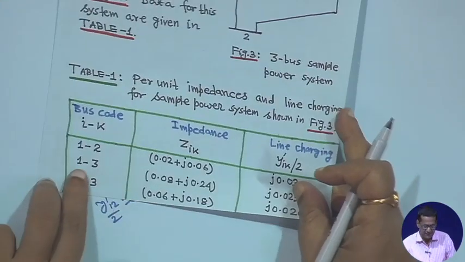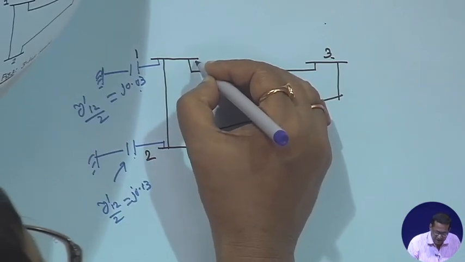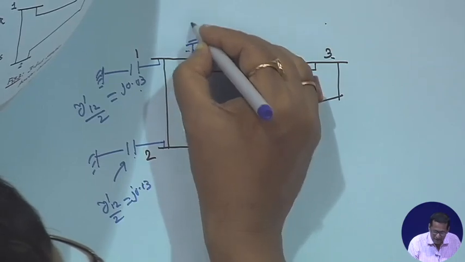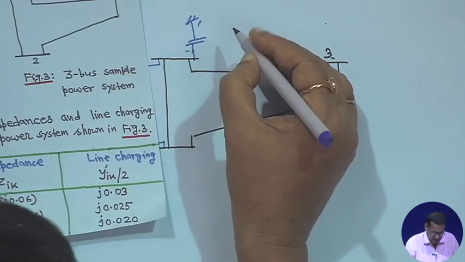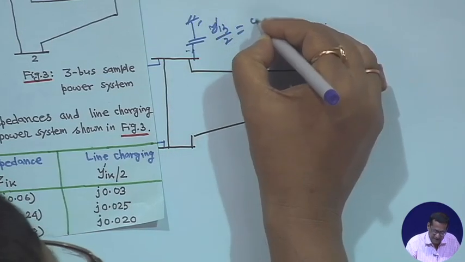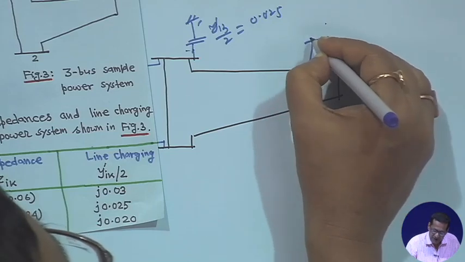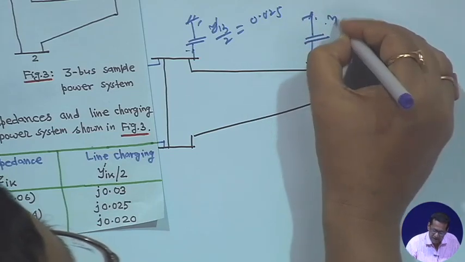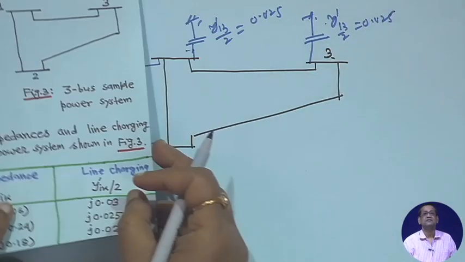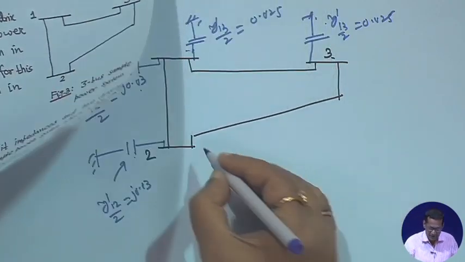Similarly, y13 is also given, j0.025. That means this side we are actually making it here, so this is y dash 13 by 2, which is given as 0.025. Similarly, this side also you have to make it half, and this is also y dash 13 by 2, equal to 0.025, which is also given. And y23 is also given, that is 2 2 3, that means here